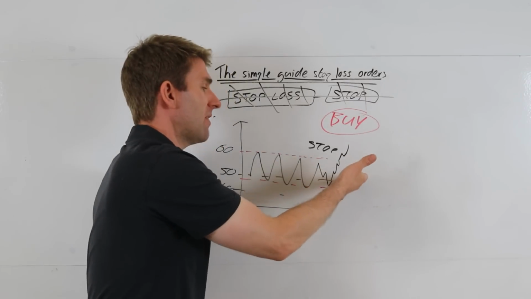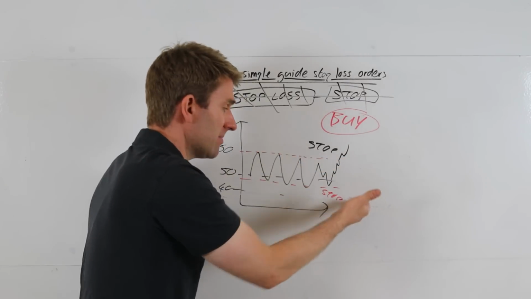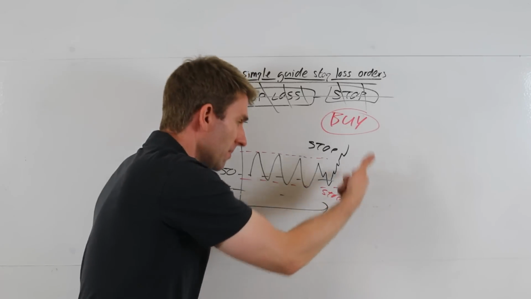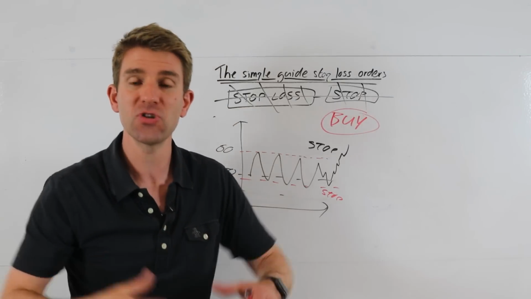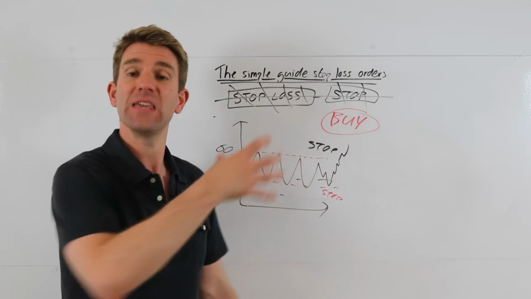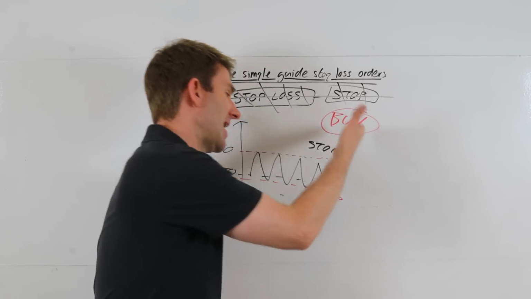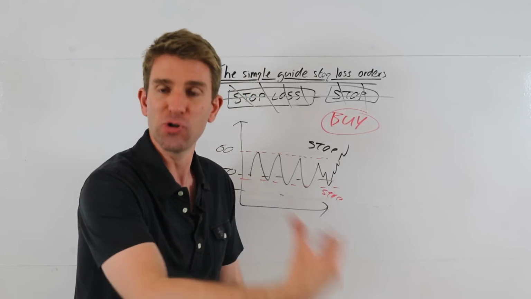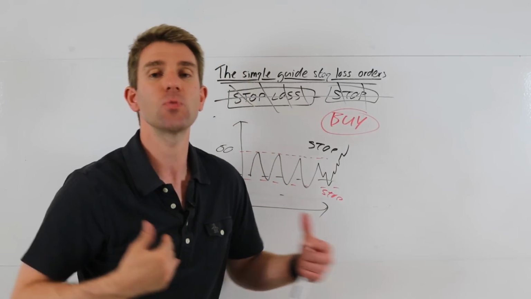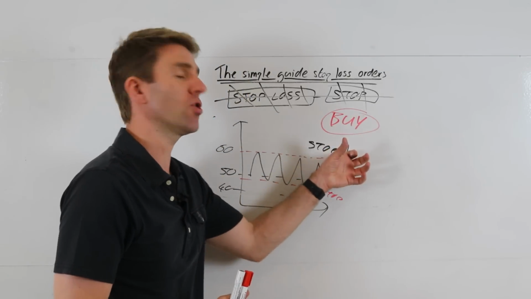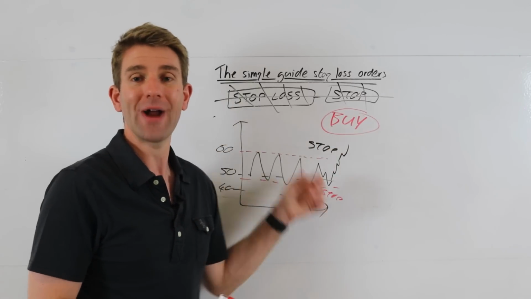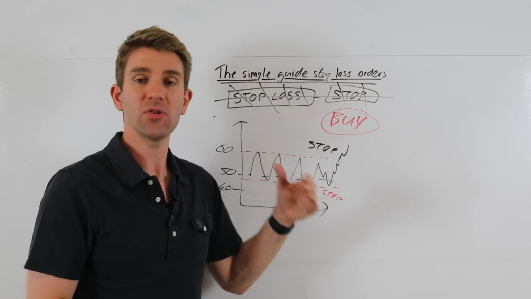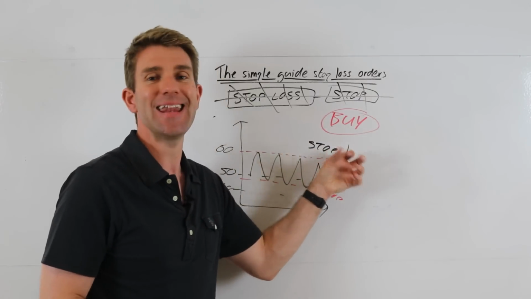Same with this way. If you had a long position for £10 a point and it came down, the stop would sell into the market because you have a sell stop below. That will cancel out your position and stop the loss going any further. If you didn't have a position already and it came down through that level, exactly the same thing would happen. It would be triggered. You would be short £10 a point because there'd be nothing to offset it. So you can use this stop to get into or out of the market. I know that's why it's called a stop, because most people use it to stop the loss, but it can still be used to get in if you want to get in